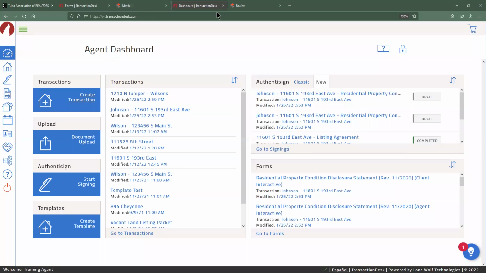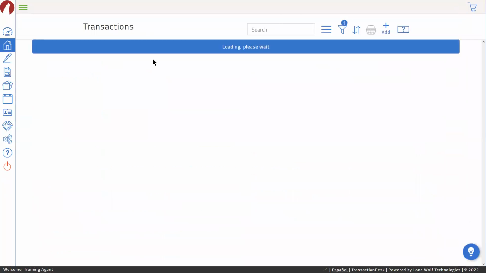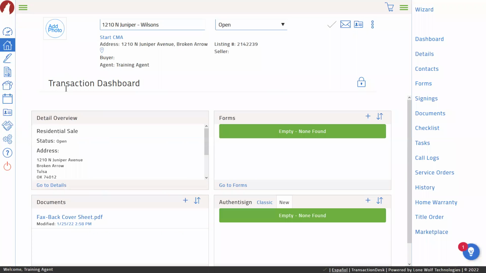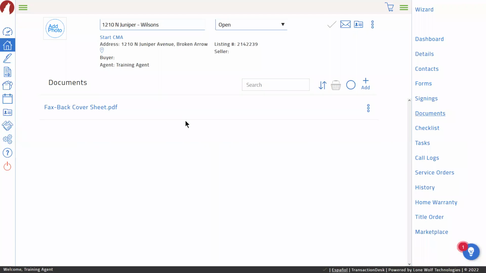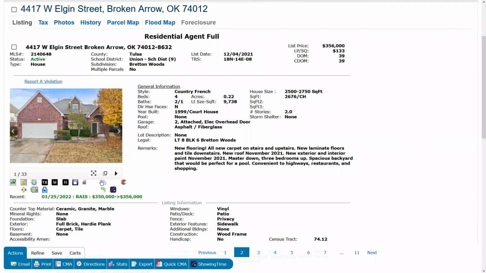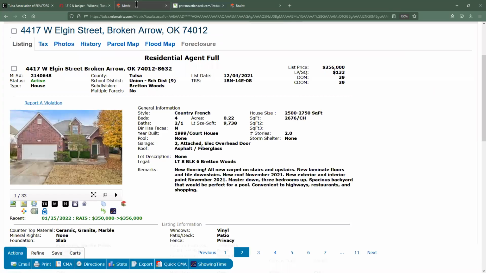Oh, and actually, added bonus, I didn't point this out while we were going through it, but if you do end up importing over from a listing, you should automatically have any of the documents added to the transaction. In this case, this one actually has some documents that were added by the listing agent, the property condition.